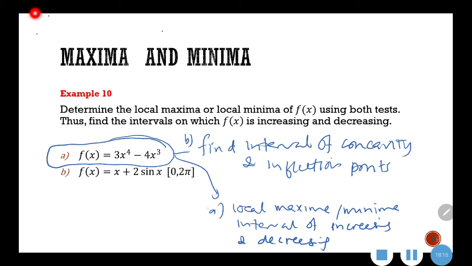Okay, so I want you to complete everything that we have discussed in this chapter 3 part 2, where we find the local maximum, local minimum, and from there we can determine whether the function is increasing or decreasing. At the same time, B, find the interval of concavity and inflection points. Alright, so only one question, but your solution has to have these two, okay, for your classwork submission